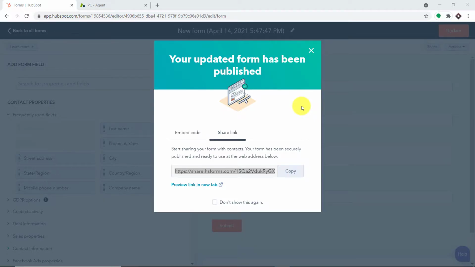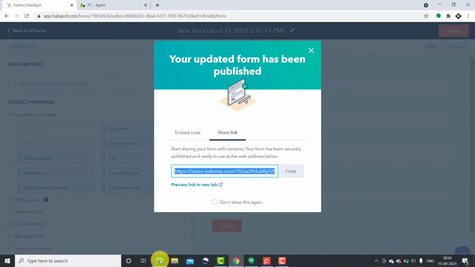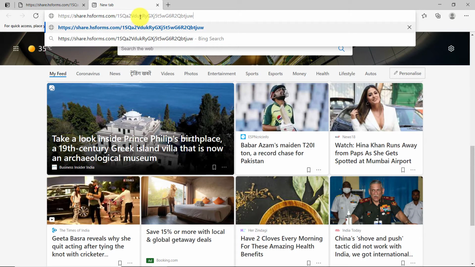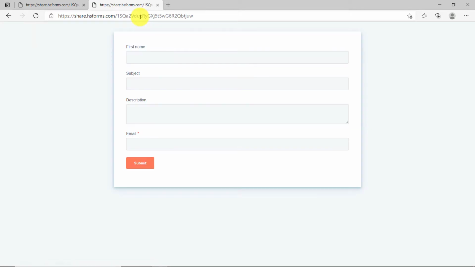Okay, so we are going to begin with a small example. This is my HubSpot account and I have created a form in it. This is the link of this form. I'm just going to copy this and open this form in Microsoft Edge. The idea is that you will get a perspective of how the customer or a respondent is going to fill in the form. So the name of the guy is, let's say, Tony.